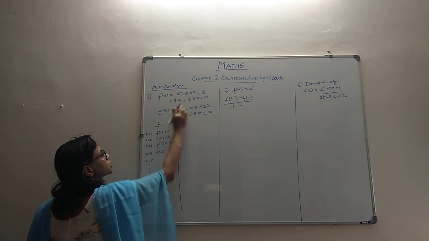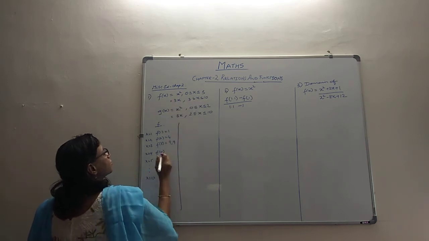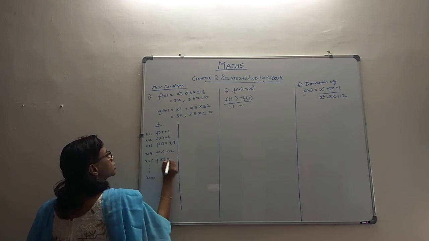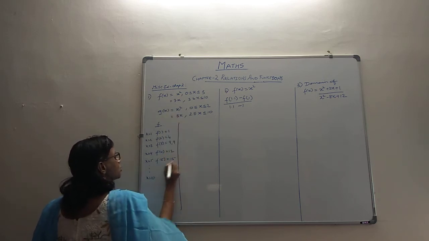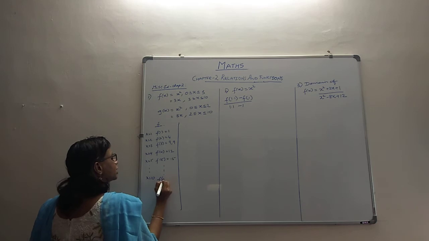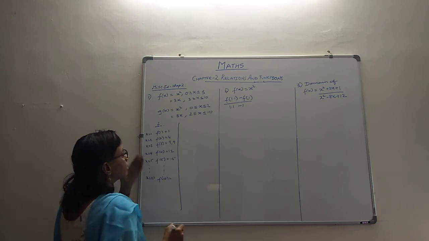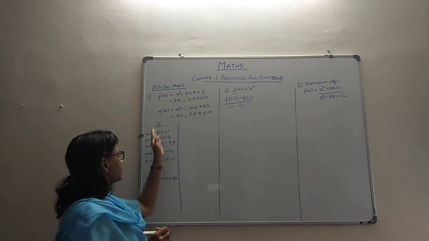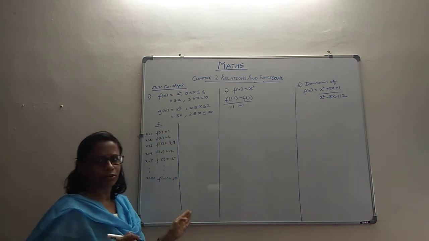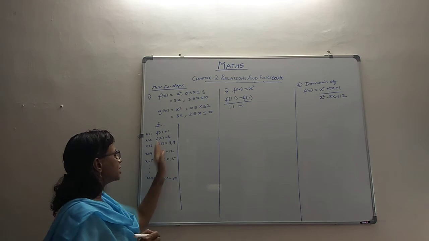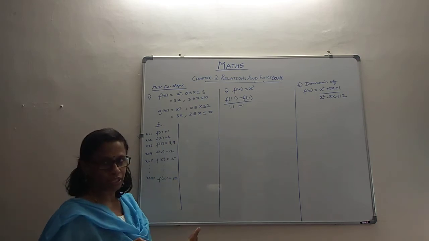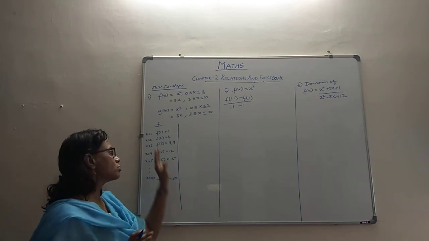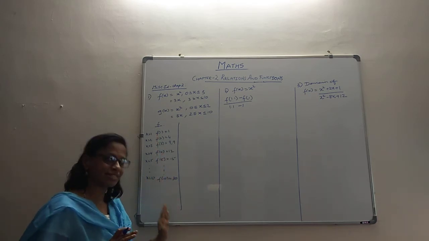Similarly, let's find out f of 4. Because it's lying in this interval, it will come to 12, and f of 5 will come to 15, and so on. We can find out all the values. F of 10 will come to 10 into 3, 30. When we look at the values, they look quite okay, because for every pre-image we have got a certain image only. You don't have two images coming up for one pre-image. So therefore this looks okay, and that is why this is a function.